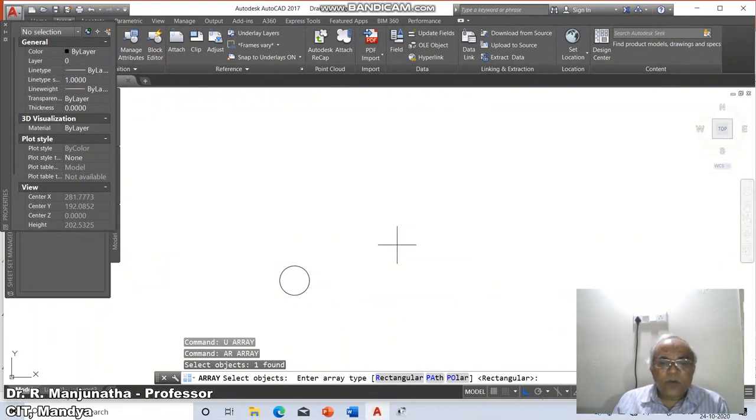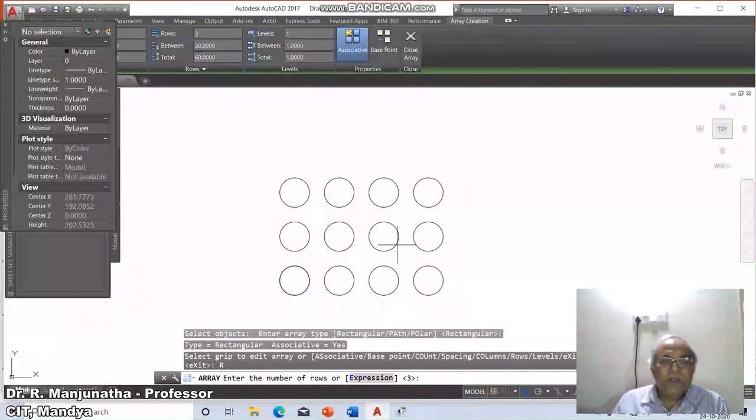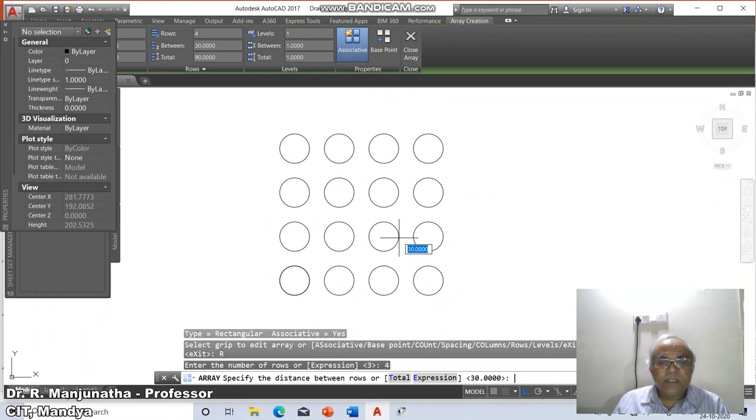By default it is rectangular. Then I want the number of rows, R. Enter the number of rows as 4. Then the distance between the rows. Since it is in the y direction, in the second quadrant it is minus comma plus.